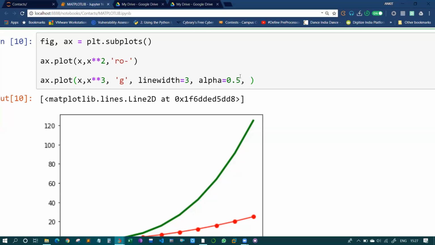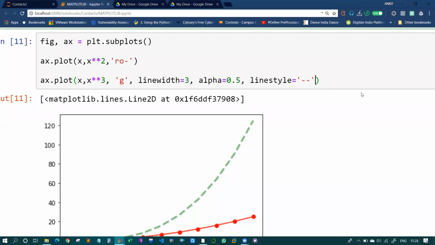Okay, next thing, linestyle equals, and within single quotes we need to mention that. Here we have directly mentioned that r, o and minus. Okay, but here you need to pass it something like this. For example, minus minus. Okay, so other line styles I will come a bit later. Fine, so let's see if it works or not. Yeah, so you can see the line style also changed.